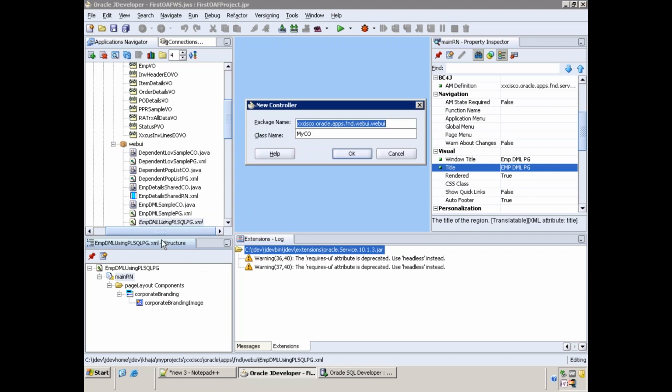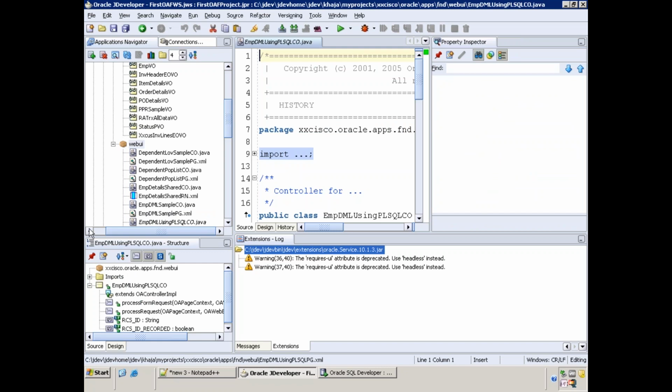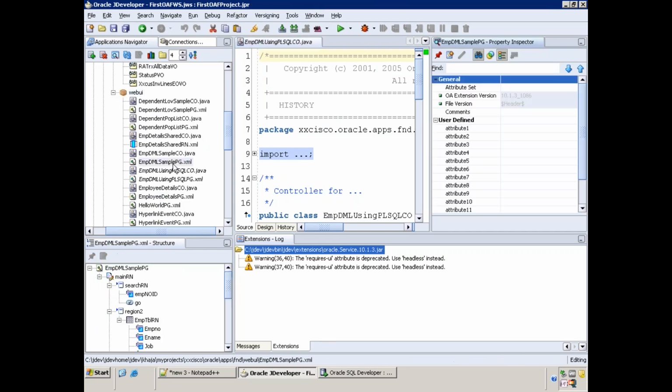Set the controller. Okay, this is a basic thing which we generally do.